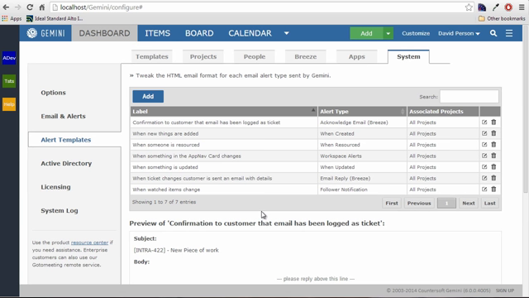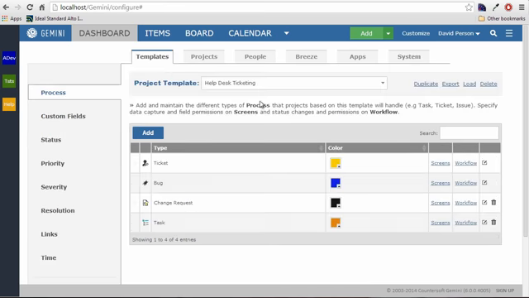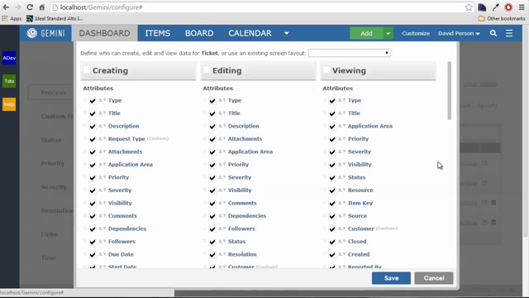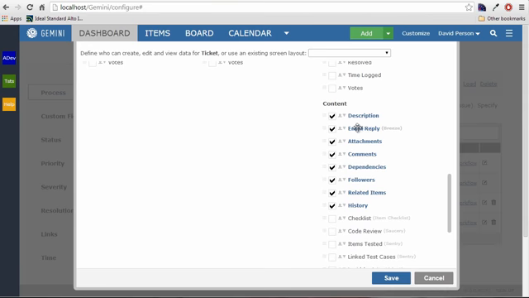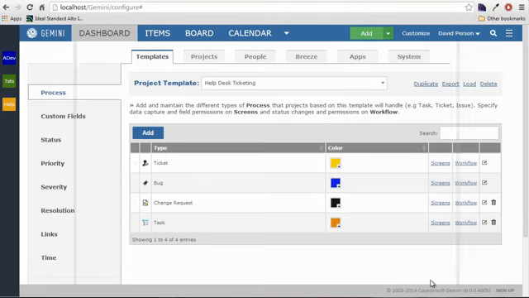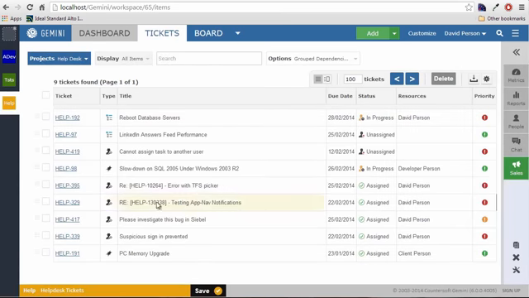What about the ongoing communication? Well, ongoing communication is handled through an extension to your existing project template. So if I look at a ticket and I click on the screens, down in the content area, I will find, if I have Breeze, this email reply component. And this email reply component gives me the following ability. If a ticket comes in to the help desk, and let's pick a help desk ticket,